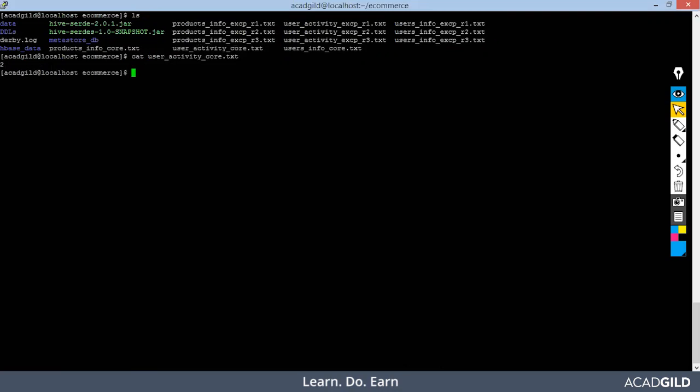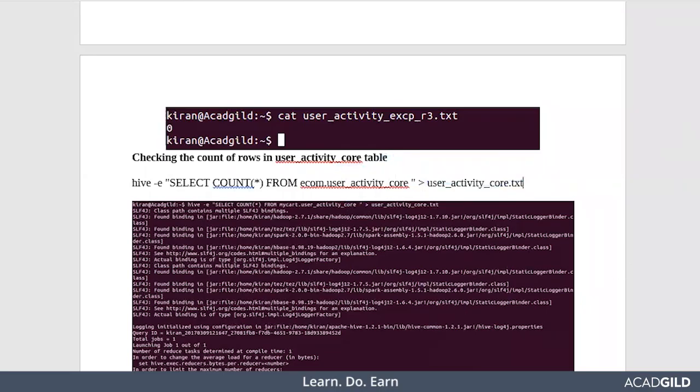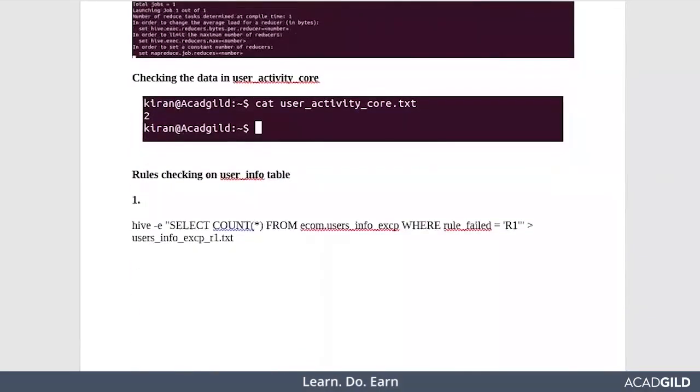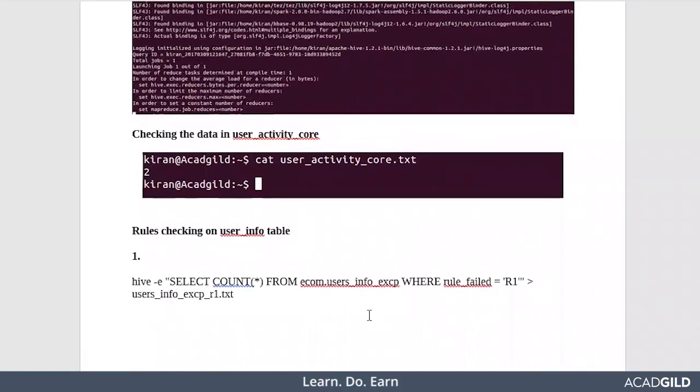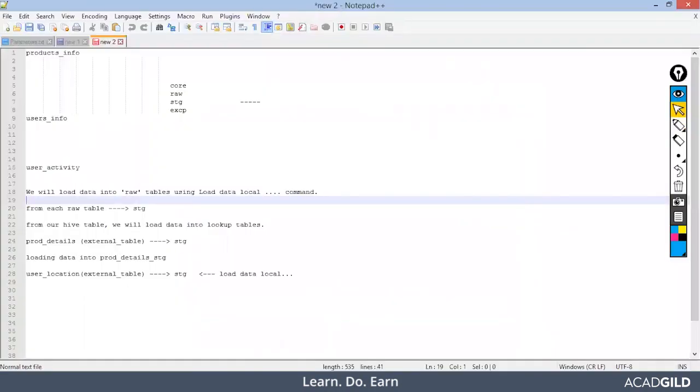Similarly, these Hive queries are self-explanatory. For every exception table, like product info exception, users info exception and user activity exception, we are checking the number of records that do not satisfy either rule 1 or rule 2 or rule 3.